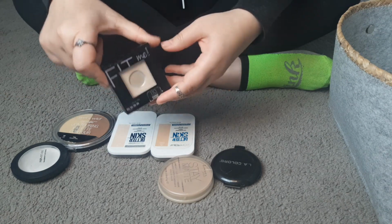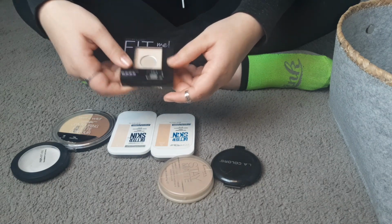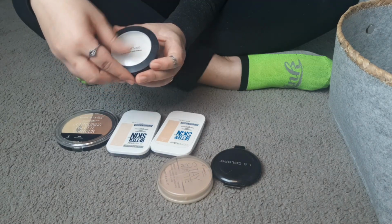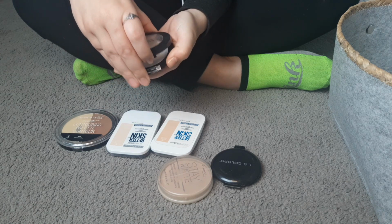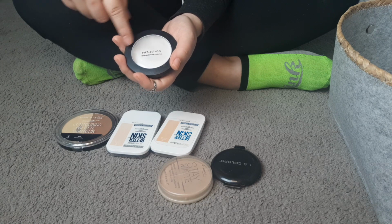I'm going to go ahead and keep this Maybelline Fit Me powder. As you can see, I have pan in it and I want to go ahead and finish it up. Then I have this Milani Prep Set and Go. This one actually shattered on me and I repressed it. I haven't given this one enough of a chance, so I'm going to go ahead and keep it and continue